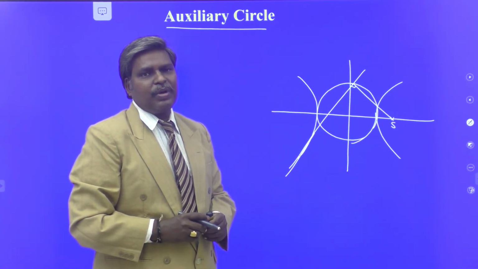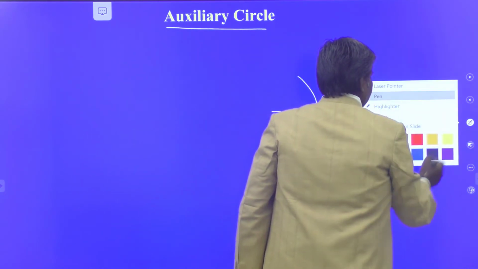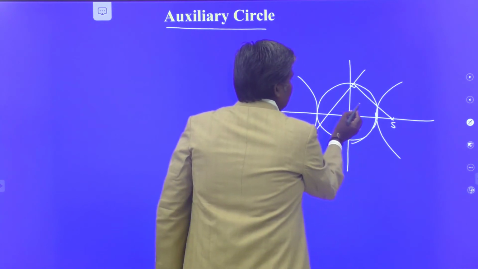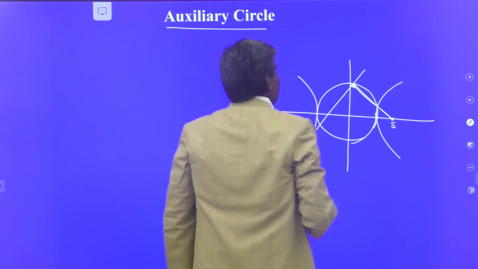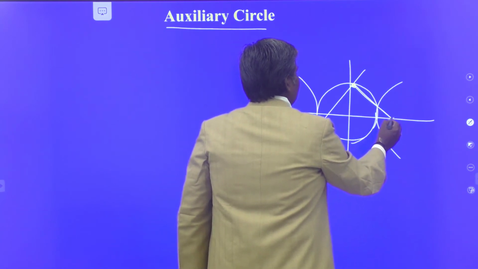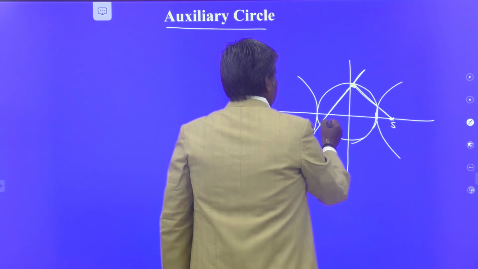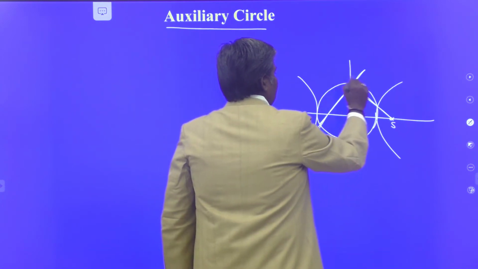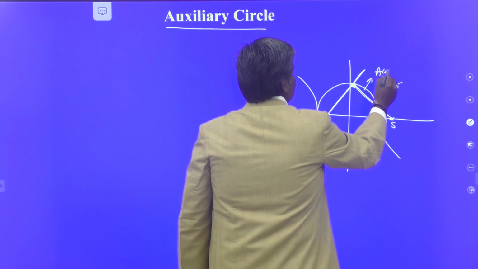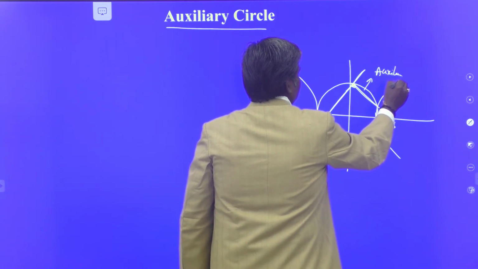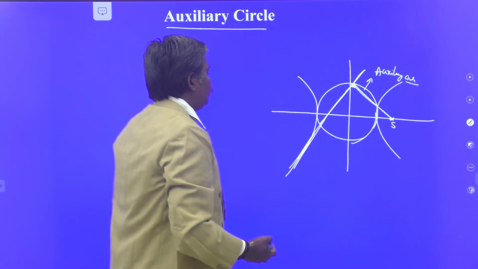You are going to show that that point lies on your auxiliary circle. Locus of the foot of perpendicular drawn from focus to any tangent. So this is the foot of the perpendicular, drawn from where to where? Focus to this tangent. This is the tangent. At that time we get the locus as your auxiliary circle. Understand? How to write this one?